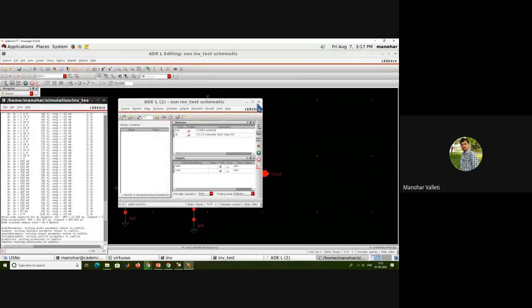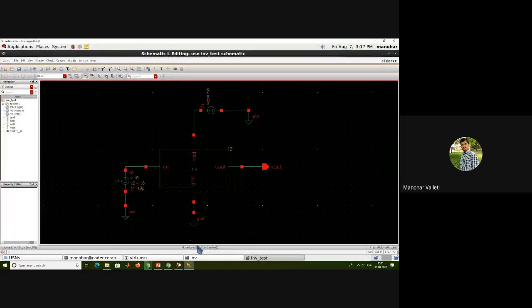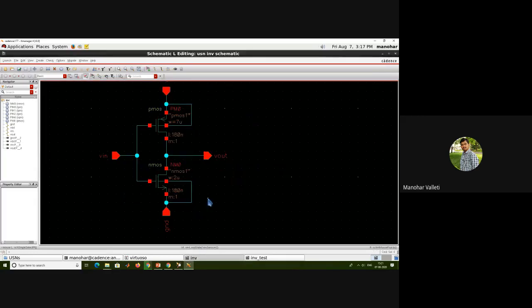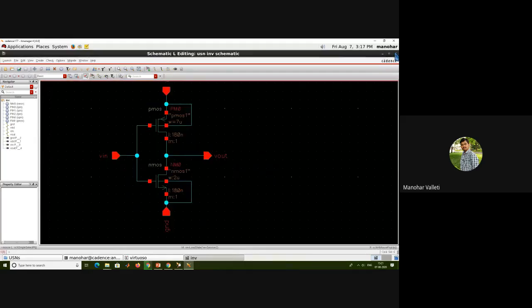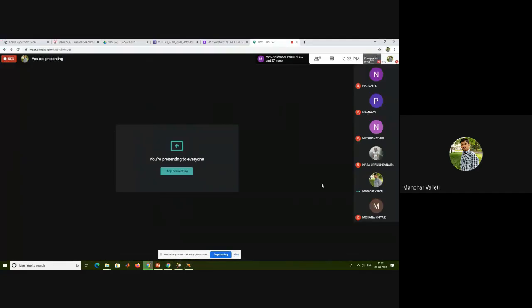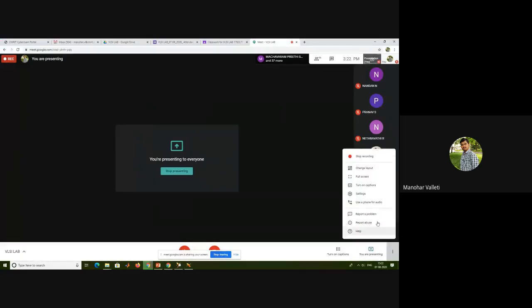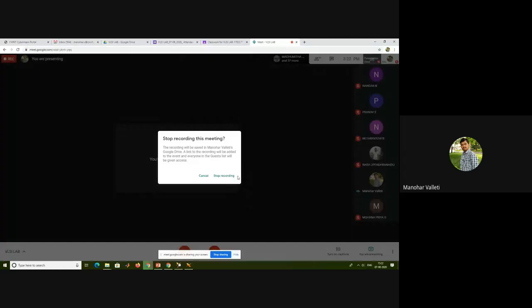Like this, you will check your design. So with this, the simulation is over. Now if you want to go for layout, testing is done, so you have no need of this inverter test file. Once your design is properly tested, now you need to go for layout. You need to go to layout from this schematic window only. We'll see the layout in the next class.